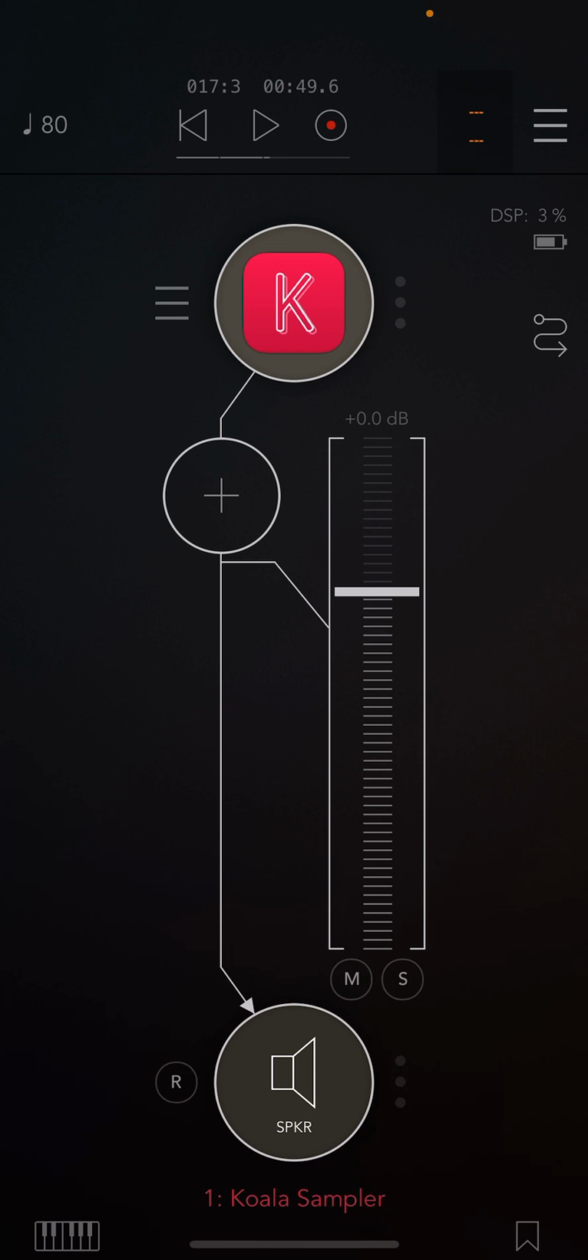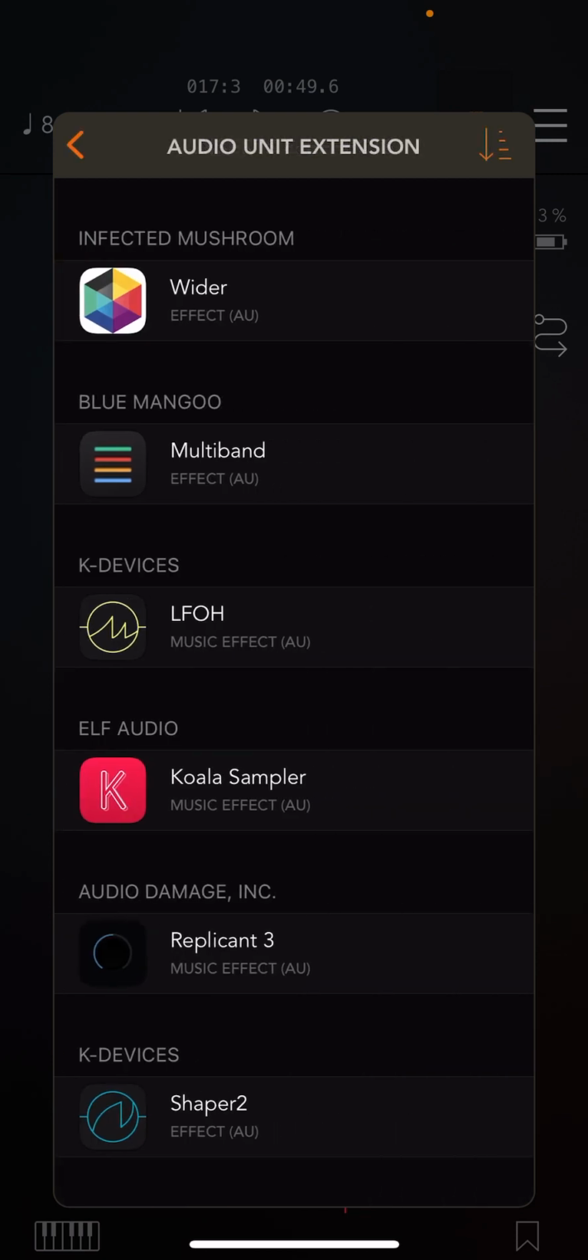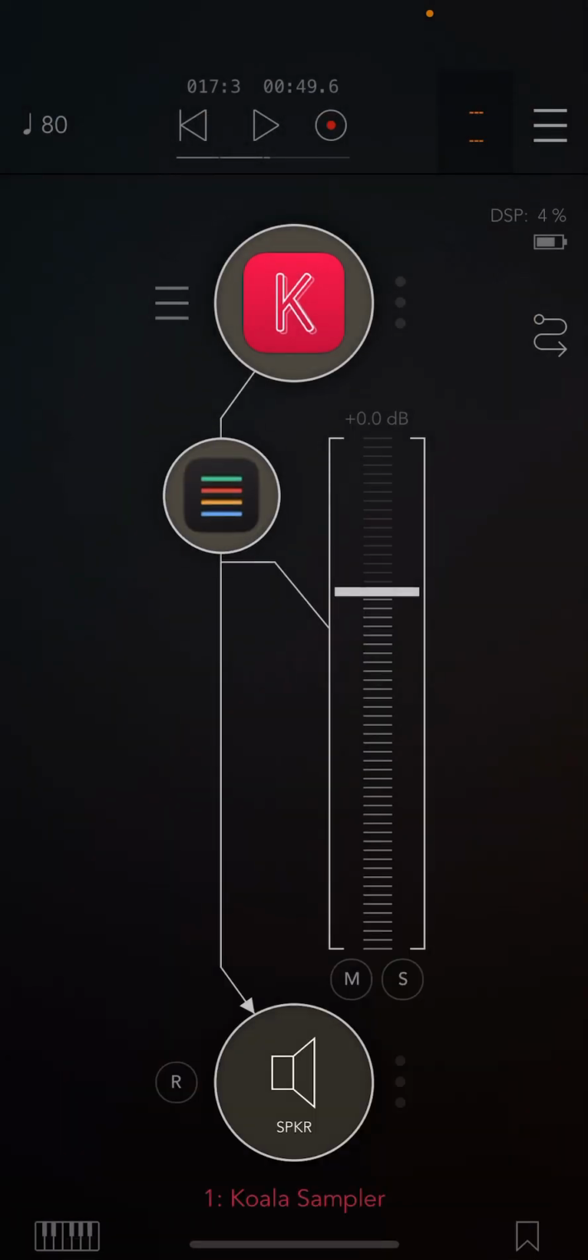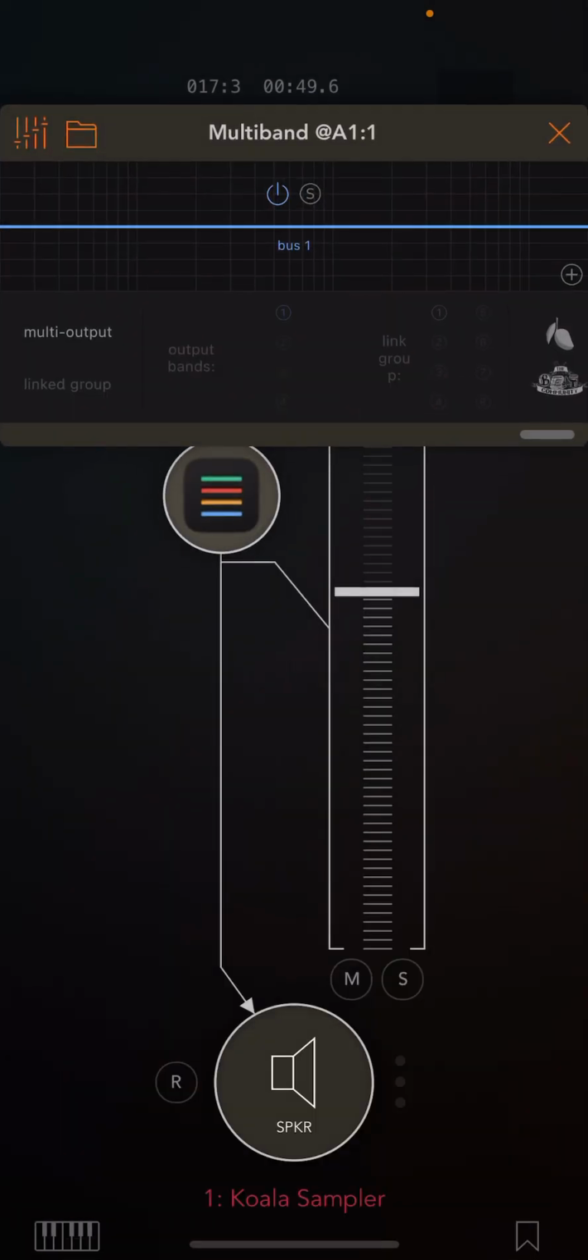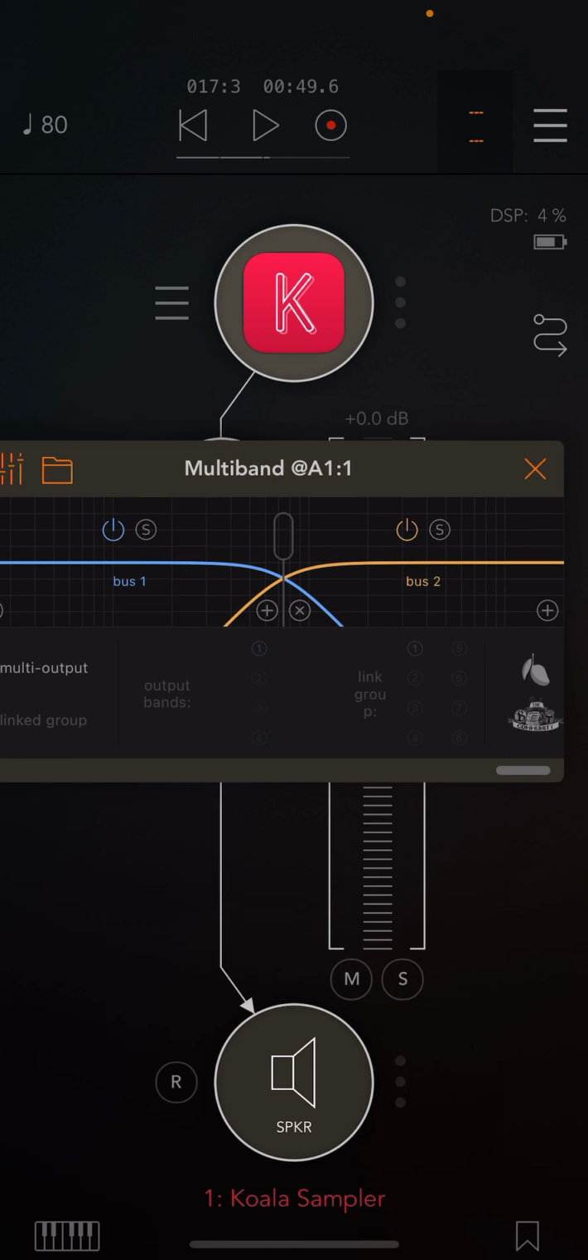So the way I would do that is I would add in multiband. And the way multiband works is, I'm sorry, I'm on an iPhone. Right now everything is just coming out of bus 1, but if I click the little plus button on the far right side, it creates another output. And if you click on the little handle, it chooses how much it's coming in and out. So if I hit play now,